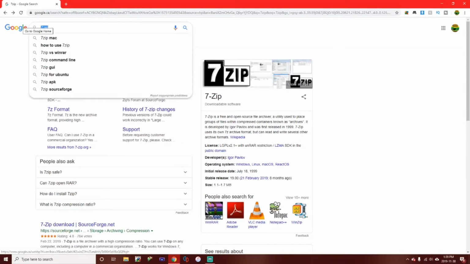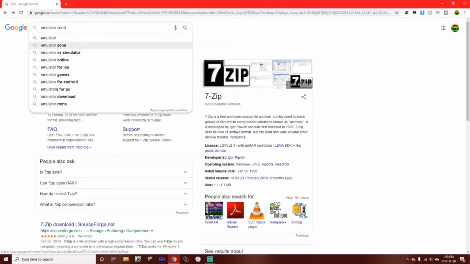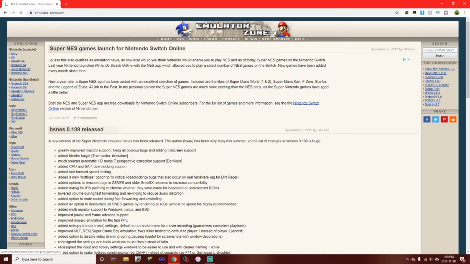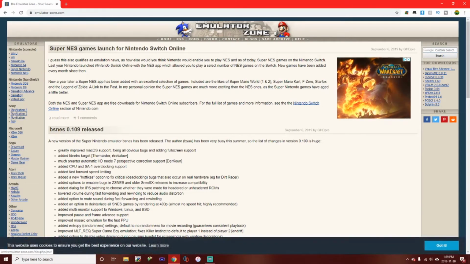And if you want to get your emulator, you'll go to this website here. It's probably one of the best, Emulator Zone. Open it up, and then on the side here, you can download any of these emulators. I prefer the Game Boy Advance and the Super Nintendo. There's Nintendo 3DS emulators,